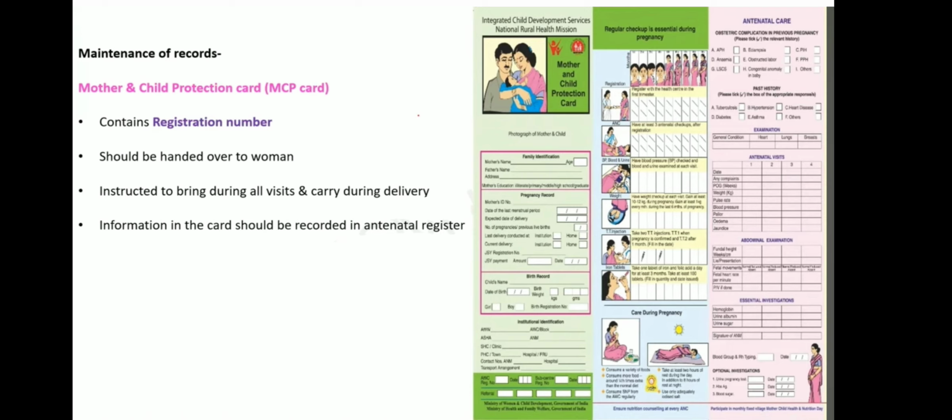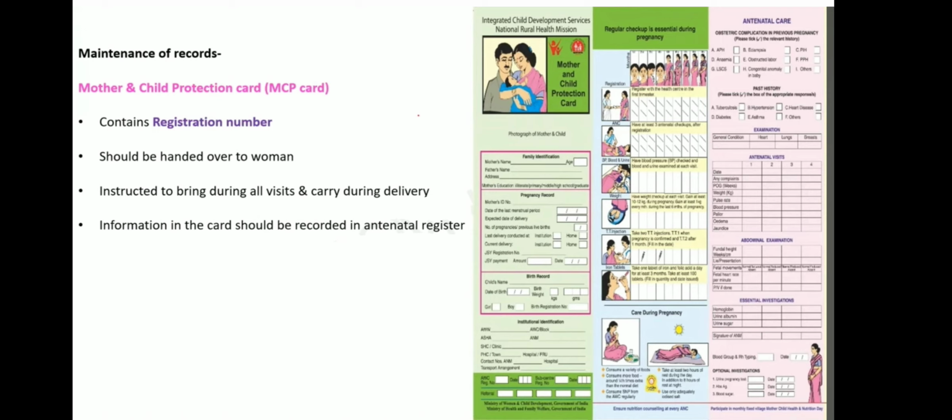And this card was developed by the Ministry of Health and Family Welfare. They introduced this card to bring uniformity in record keeping. Also, this will give the details of the previous ANCs, PNCs, and routine and emergency cares to the service provider. She doesn't have to keep asking multiple questions. Just take this card and have a look.